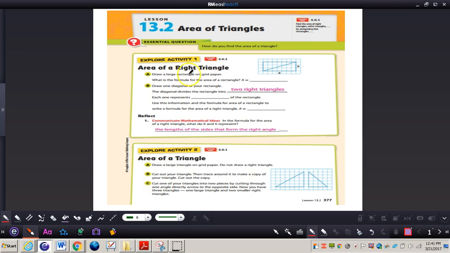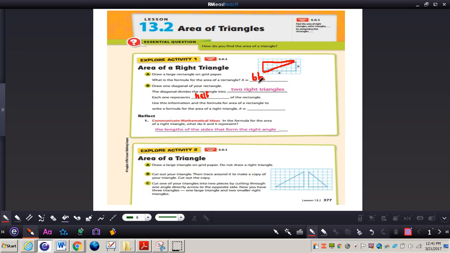First of all, what is the formula for the area of a rectangle? And it's base times height. So if we draw one diagonal of our rectangle, you can see right here, the diagonal divides that rectangle into two right triangles. We can see one right triangle here. You can see it has an angle of 90 degrees, and one right triangle on the right hand side. Okay, so each one represents half